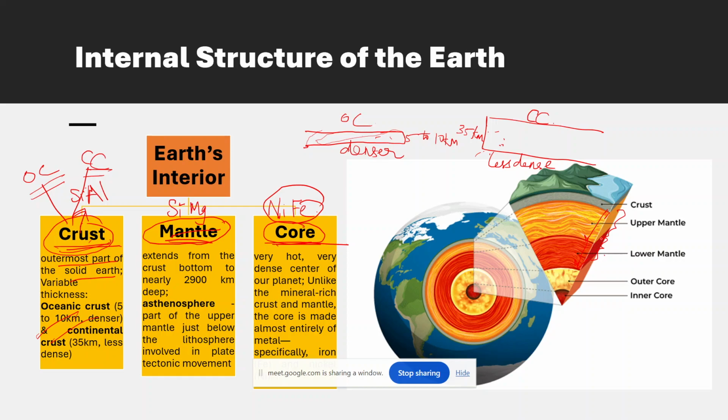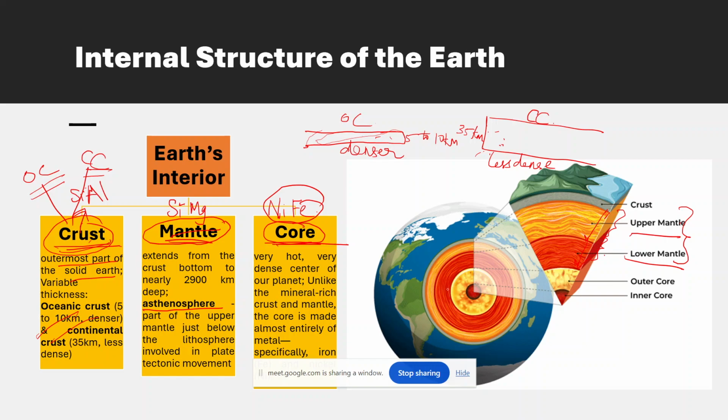So in this case, I would like to tell about the asthenosphere. I think you might have heard Sir discussing it in his lectures also. The asthenosphere is the part of the upper mantle. We have the upper mantle and the lower mantle, so the mantle as such is divided into the upper mantle and the lower mantle. This is the middle layer. So what you mean by asthenosphere is the part of the upper mantle which is just below the lithosphere